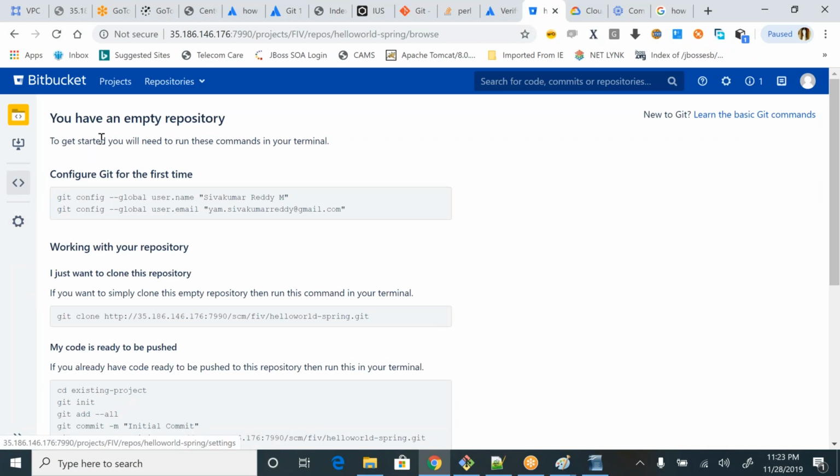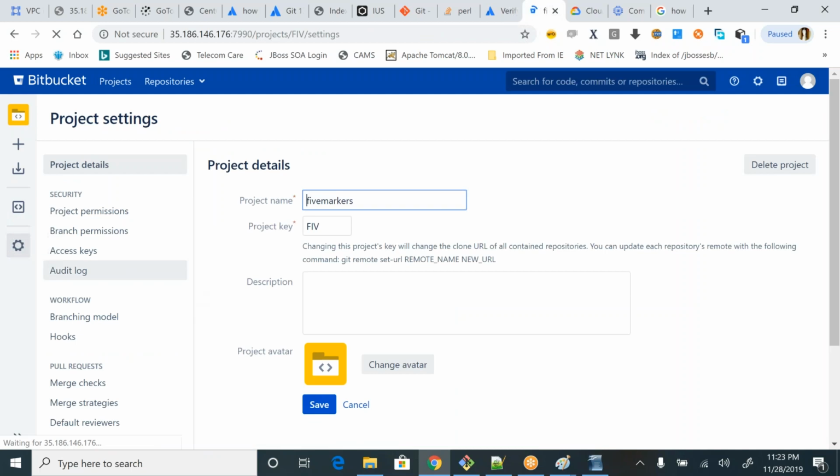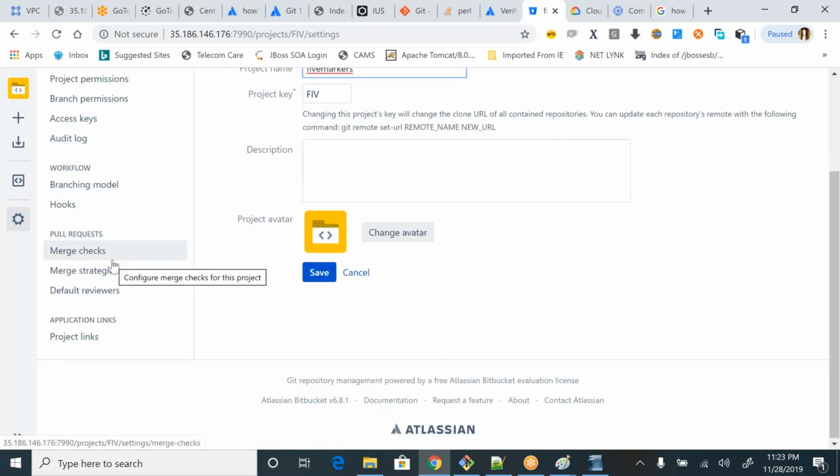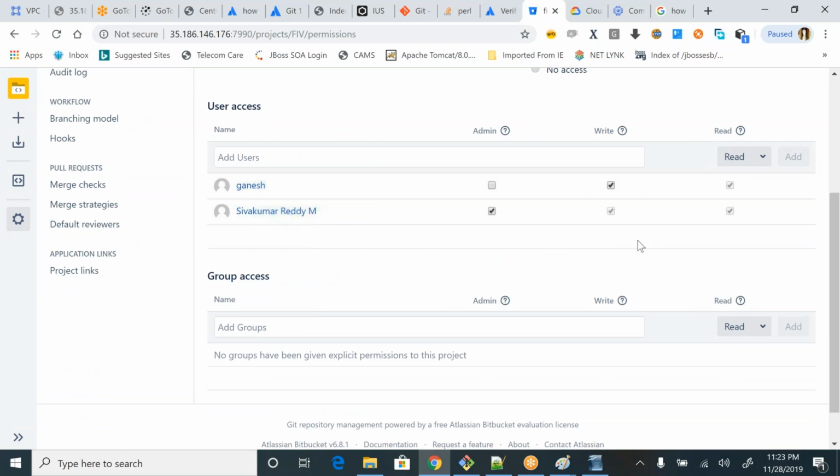Hello world Spring. I can add you to these projects here. If you see, I can add you here, in user access. Yeah, I will add it here. Like I just added my friend Ganesh. I can add you to this account. Then we can work parallelly on one project and do the branching strategies, rebasing, merging, everything